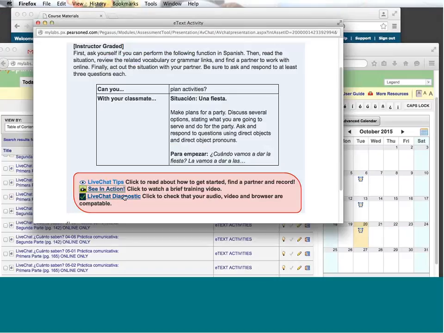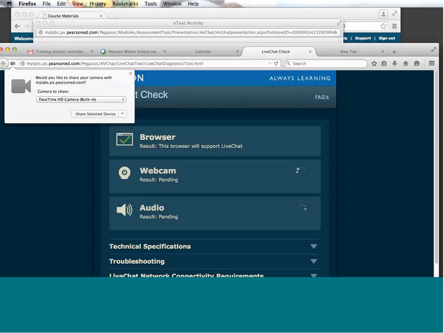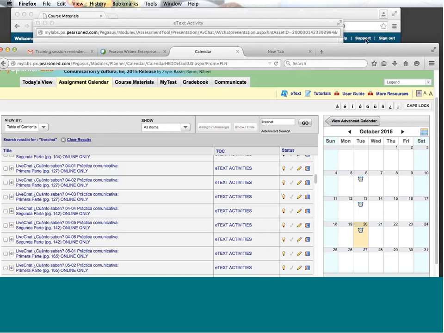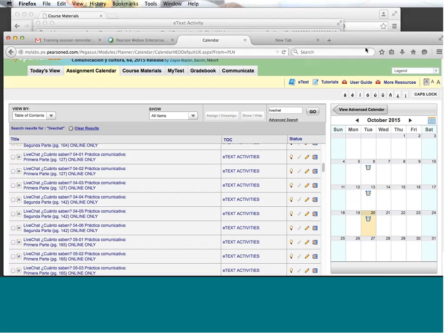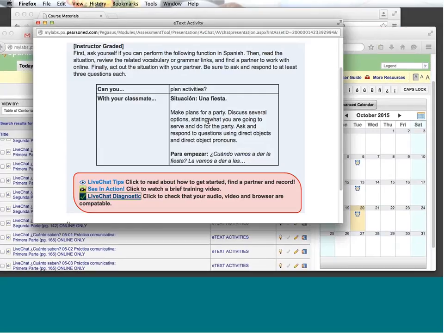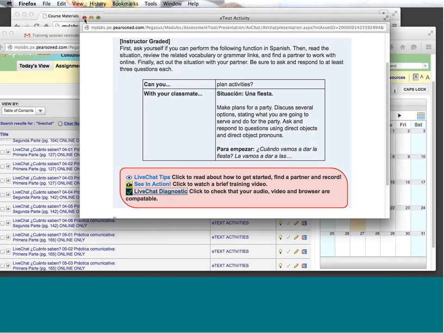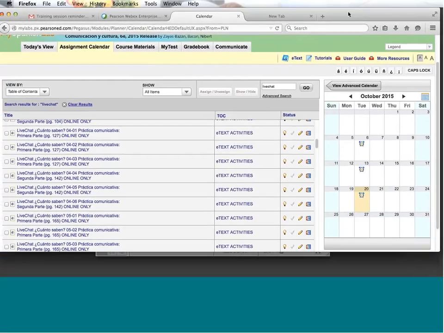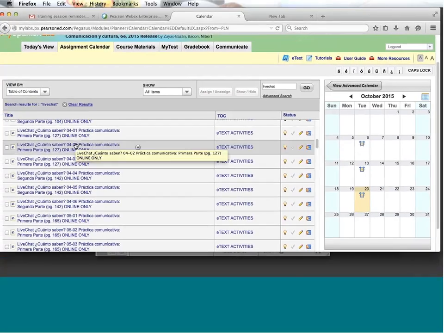Okay. And then the LiveChat diagnostic, which will show if your computer is really prepared, the correct browser, the webcam, and the audio, and it will appear as checks. I don't want to do anything that will interfere with my webinar right now, but that's basically what it is. So I said, why not? I really like this activity. It really helped me to see what the students can do with the language. So I'm going to go ahead and